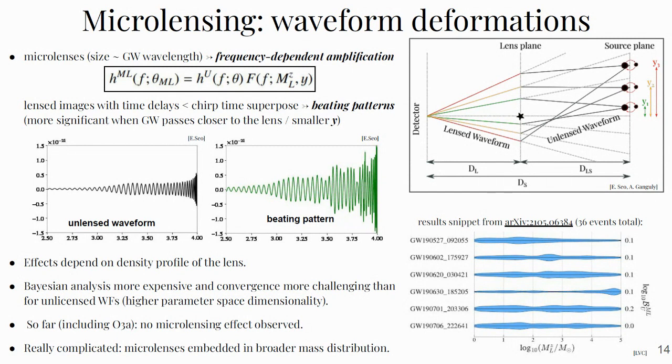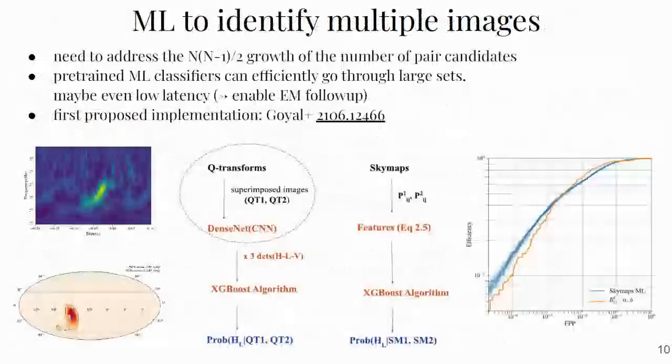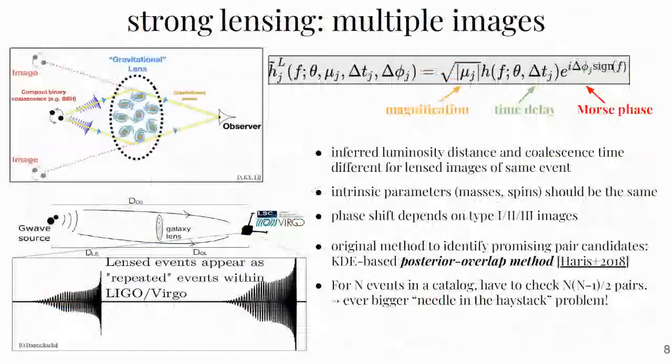Okay, thank you. I have a simple question about this catalog with n events. Do you really have to do the n times n minus 1 over 2 comparisons? Because some of them are completely different sky positions. So maybe you can. Yes, so that's why I'm saying having some simple pre-classifier